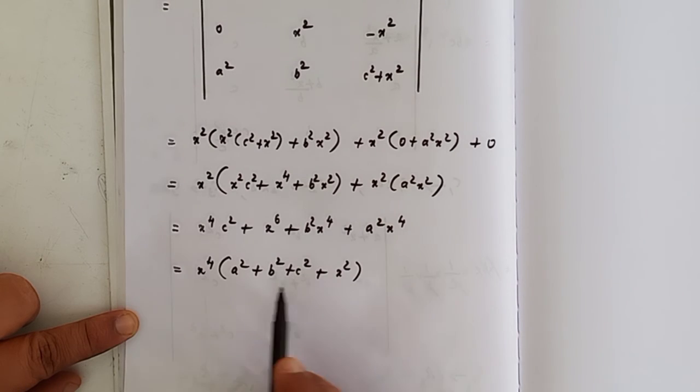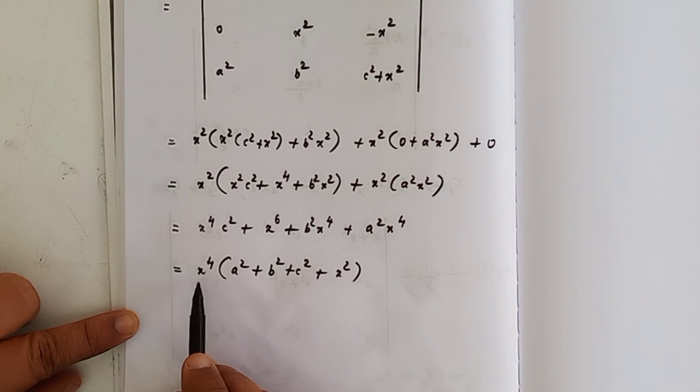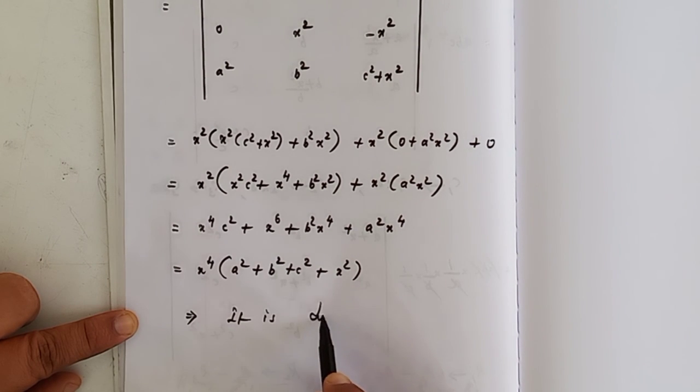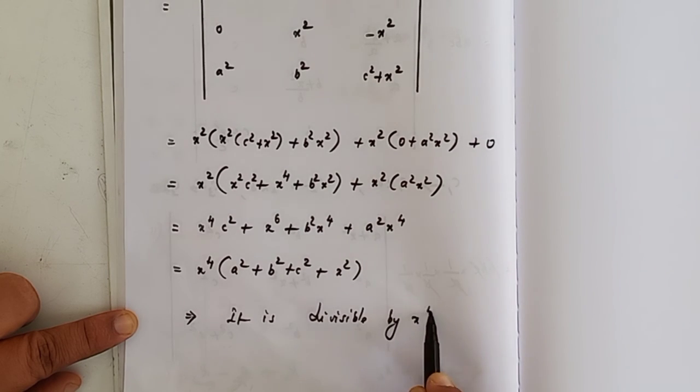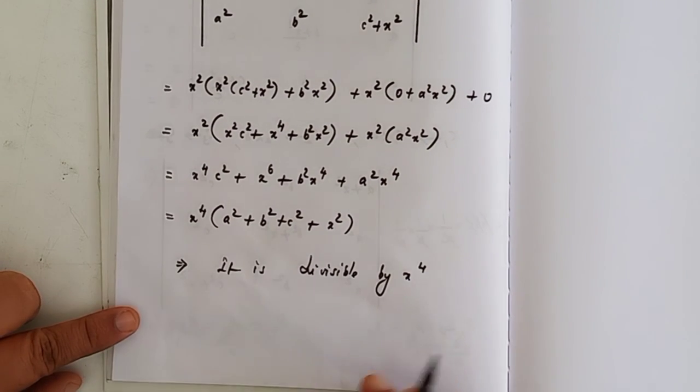Look at that expression, x power 4 into any expression is divisible by x power 4. You are asked to prove the determinant value is divisible by x power 4. Outside the bracket we have x power 4, which implies it is divisible by x power 4. We have proved,